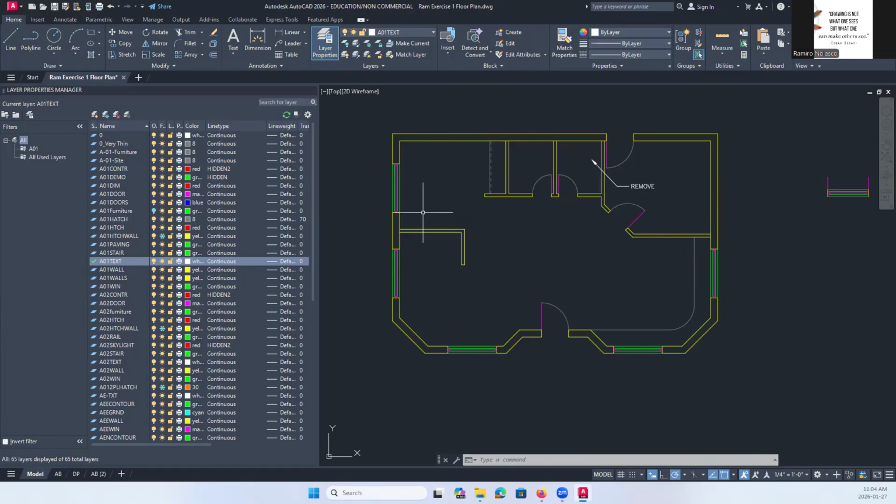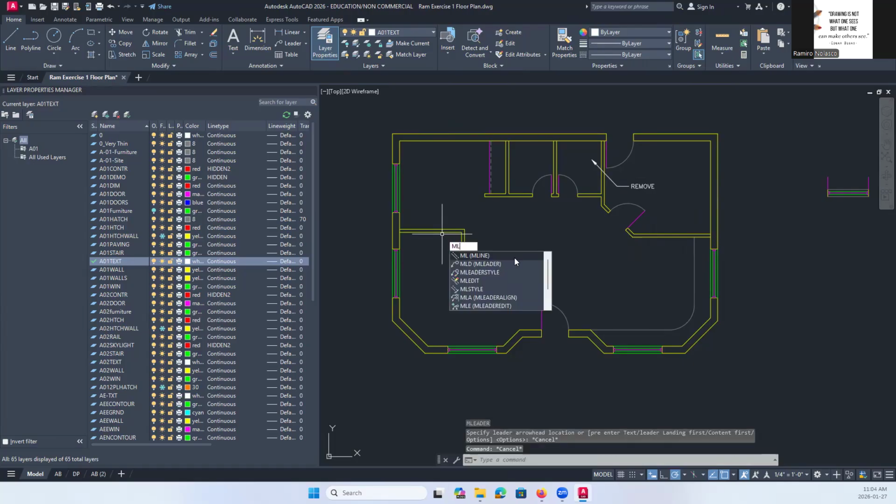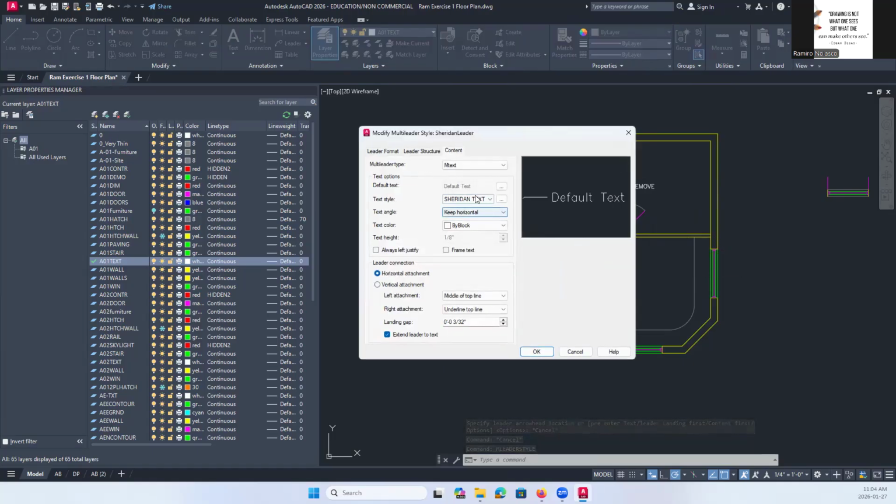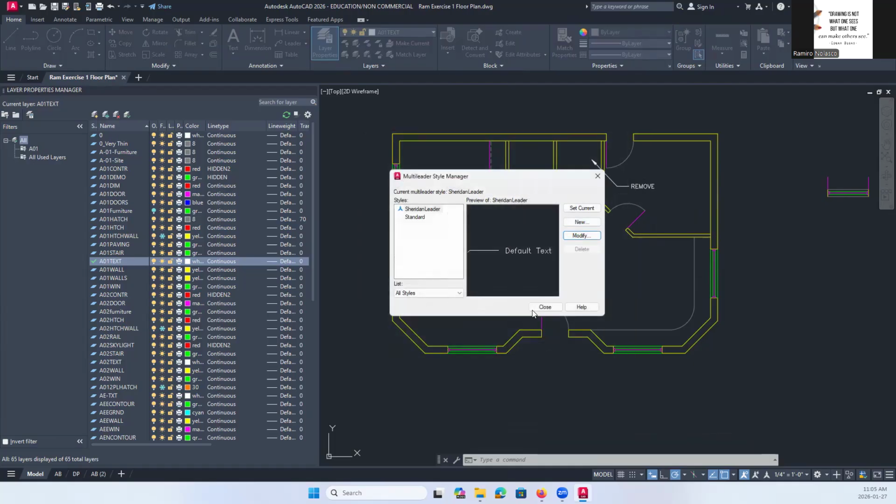Okay, so let's try small, ML. Now, you need to change it here, sorry, ML leader style. This is where you would change your text, because otherwise you might not be able to change it elsewhere.